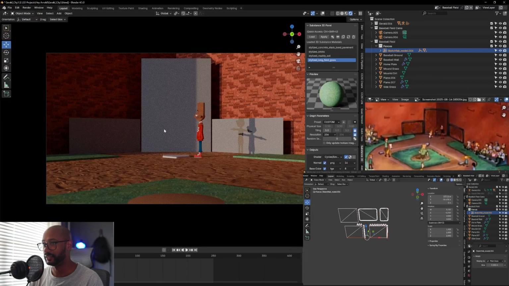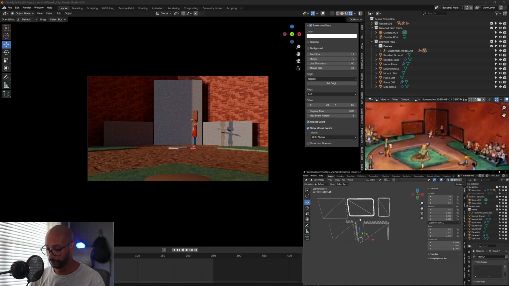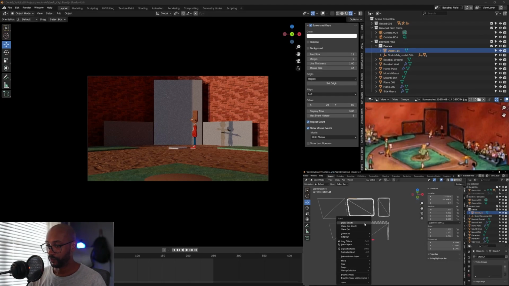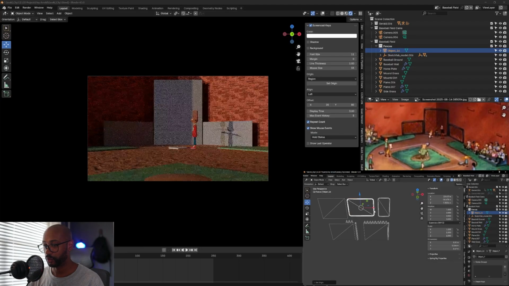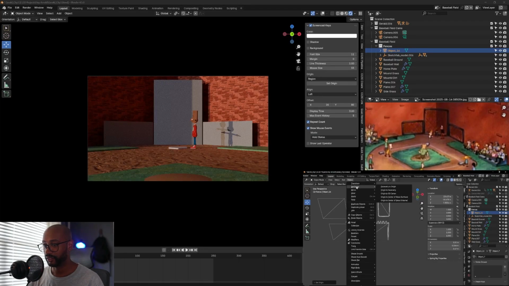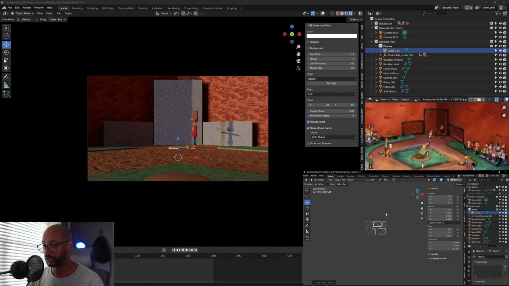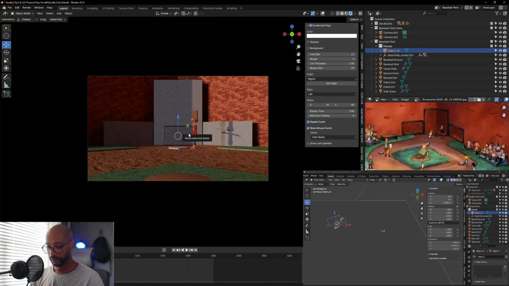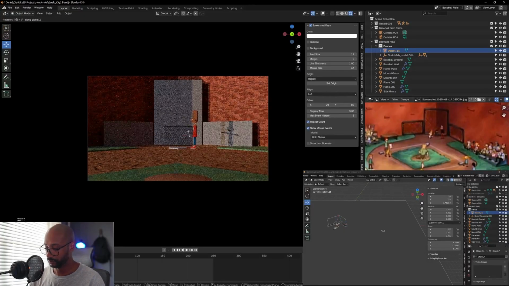First thing I'm going to do is press Alt-P and clear the parent, but keep the transform for this fence. Then I'm going to right-click, set origin to geometry, and also apply all my transformations, and then go back and do geometry to origin. That would probably be better. So then I have my fence here. All right, so what I'm going to do,